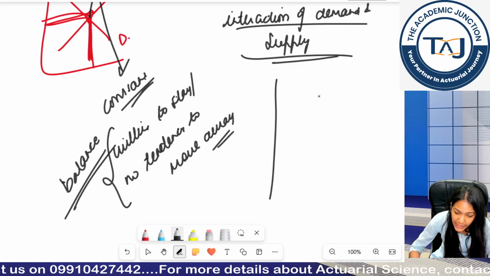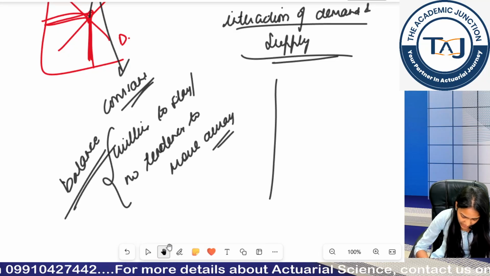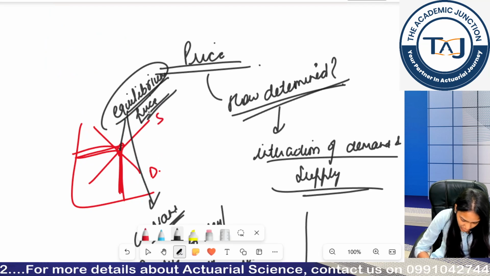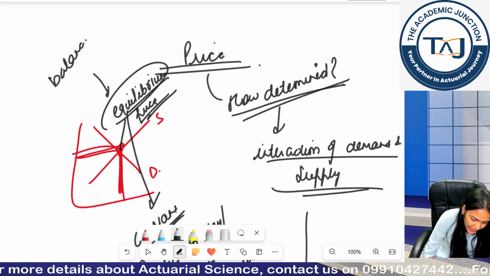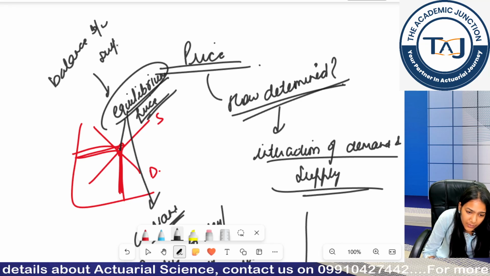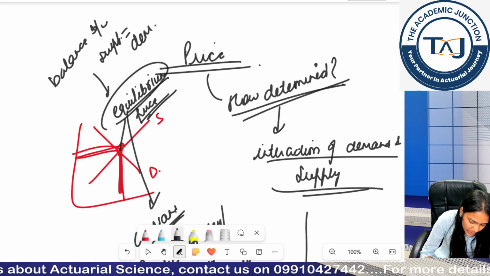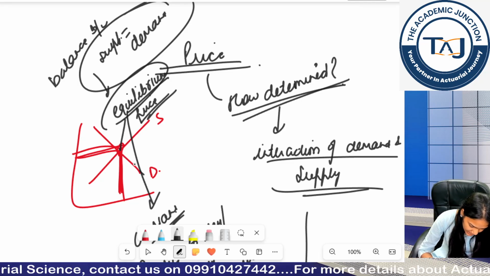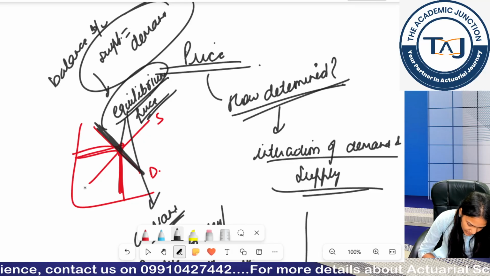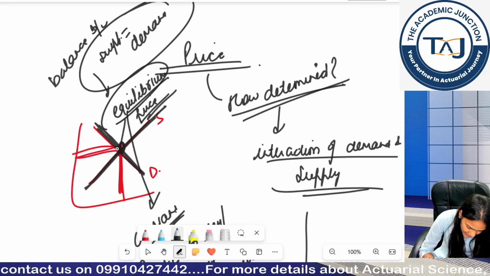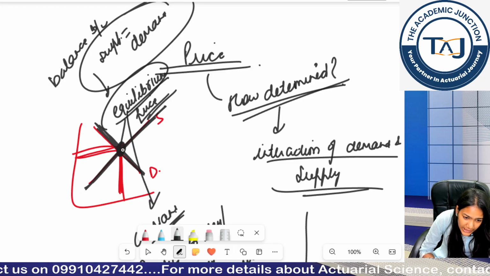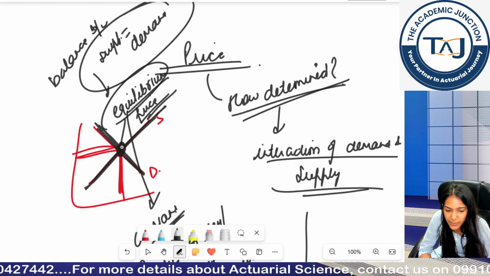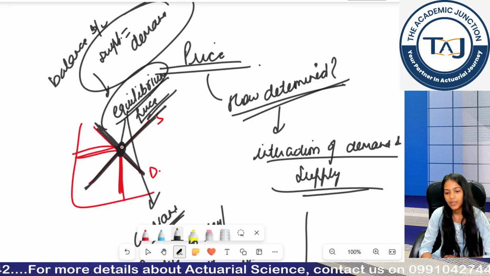So when I talk about equilibrium price, what price is determined by supply and demand? I am talking about the balance between supply and demand, which means supply equals demand at my equilibrium price. You can see demand is shown by this curve, supply is shown by this curve. When they interact, they are equal. So at this moment my supply will be equal to demand. This is called my equilibrium price. Clear, guys?